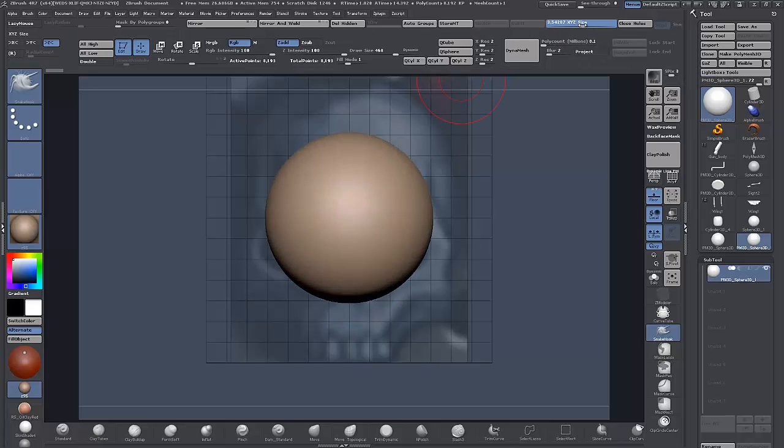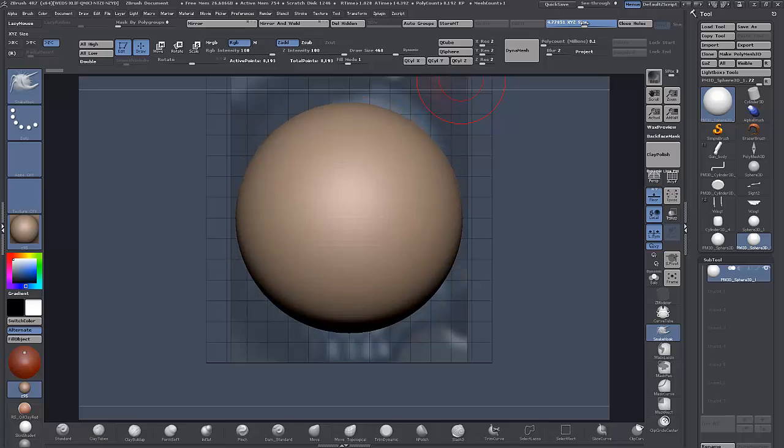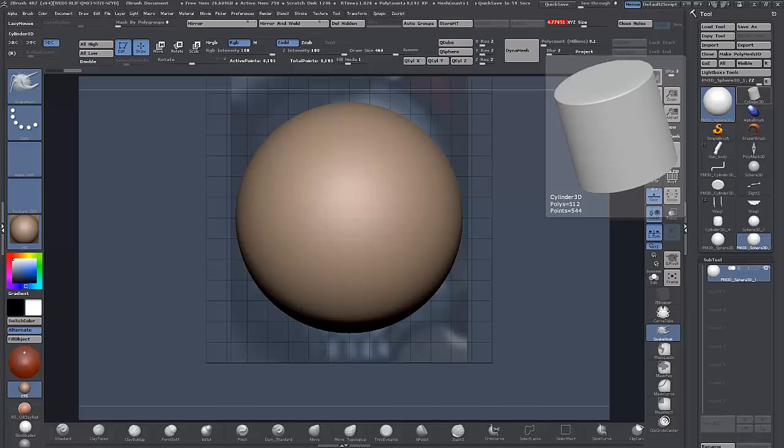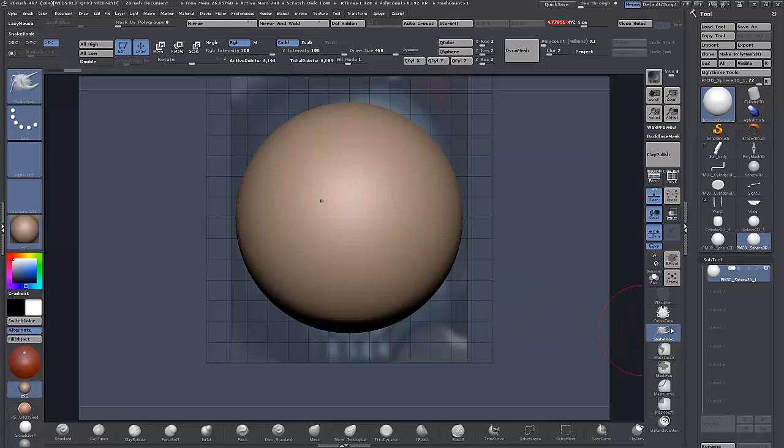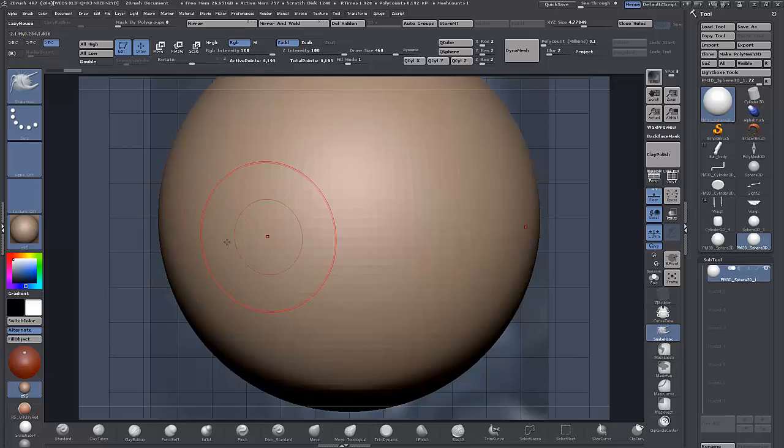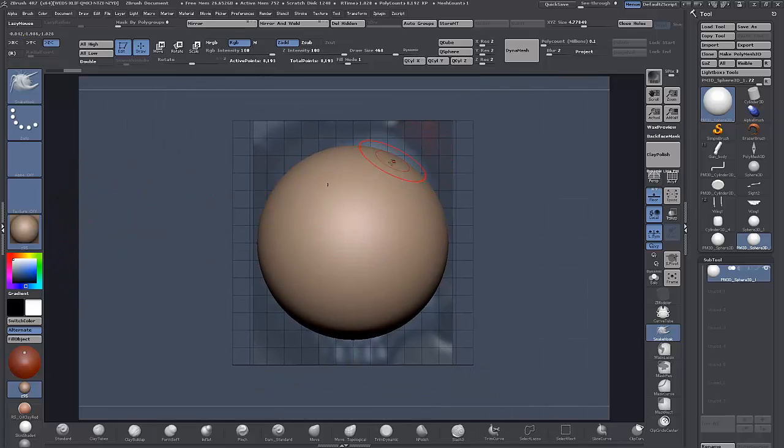So we bring the size of this up, and I'm just going to get my Wacom tablet out, and we just symmetry on. So I'm going to use the snake hook brush, and just going to start moving this into position here. Just get the rough